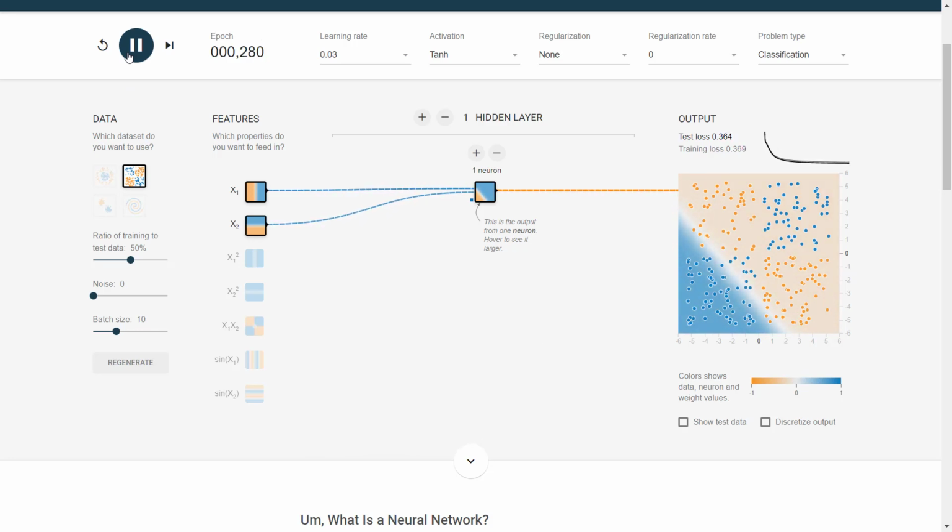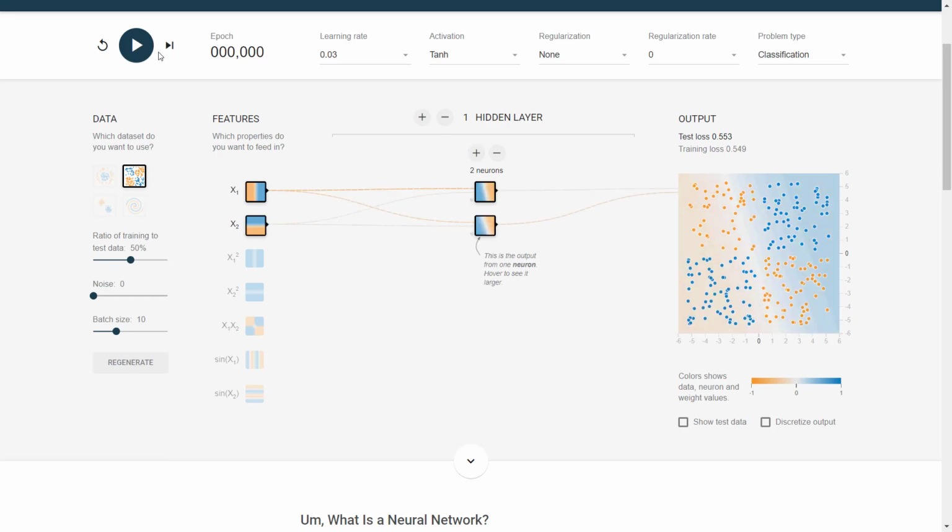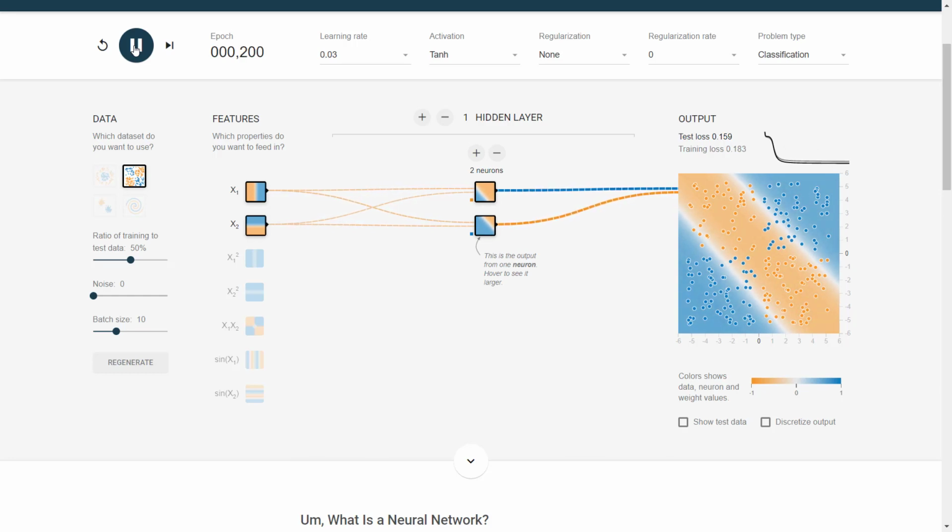Not surprisingly, one separation line made by one neuron is not enough. The reason is that, as we saw in the lecture with the XOR example, we need more neurons in order to make more complex separations. I'll add another neuron. Now I have 2 lines, but they are still not flexible enough.